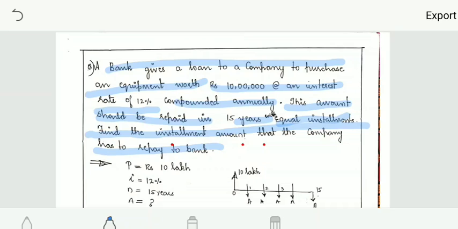So a bank gives a loan of this much, which means that is the present worth. You have a time of 15 years. In 15 years, how much is the amount that you have to repay either every month or every year? That is what you are finding for 15 years. Here it is not every month, it is a year-end payment.